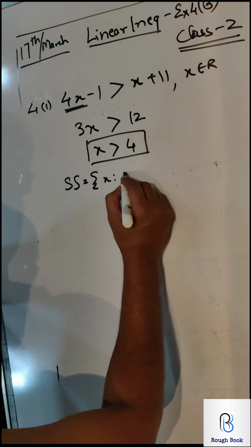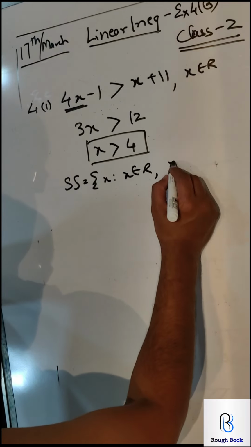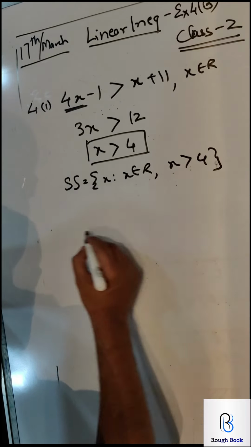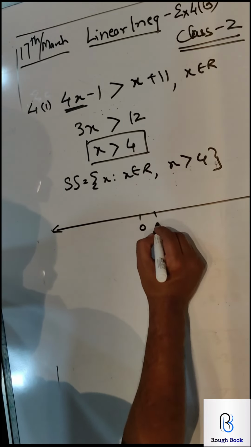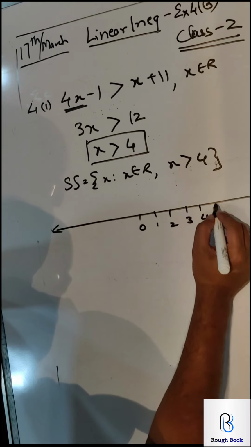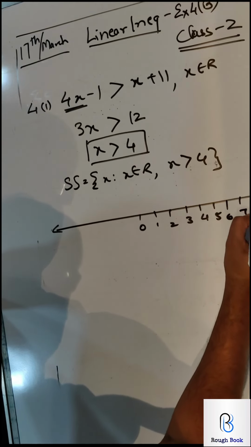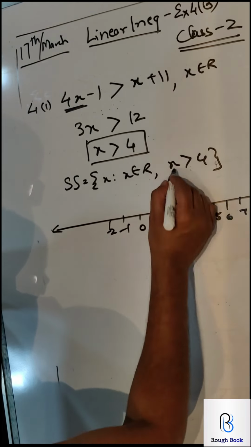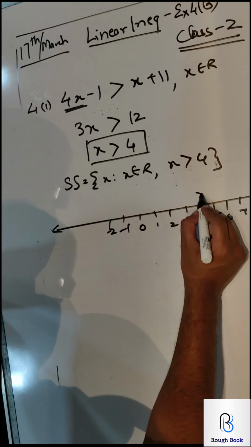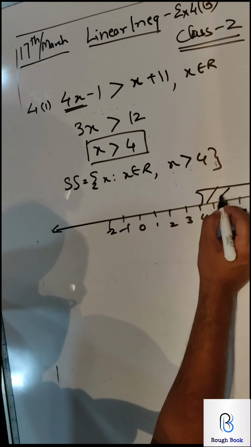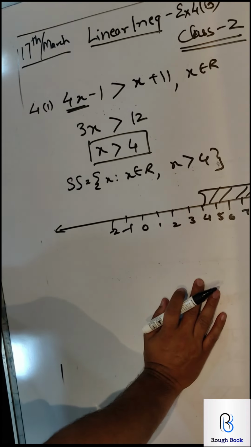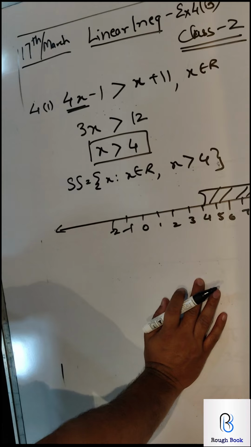So x, where x belongs to R and x is greater than 4. Since only one sign is there, we are going to use the infinity thing, and x is greater than 4. So if x is greater than 4 but not equal to, obviously open circle, until where? So draw it till this arrow, which clearly indicates that it is going to infinity. I hope it is very clear.